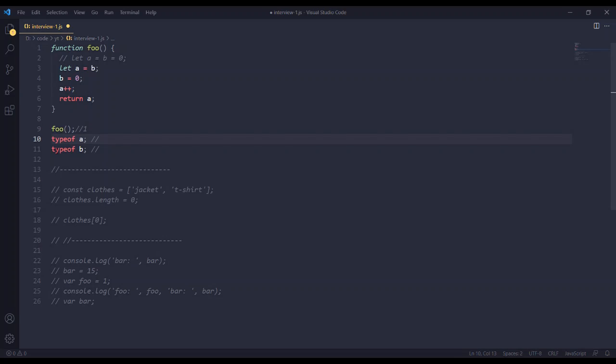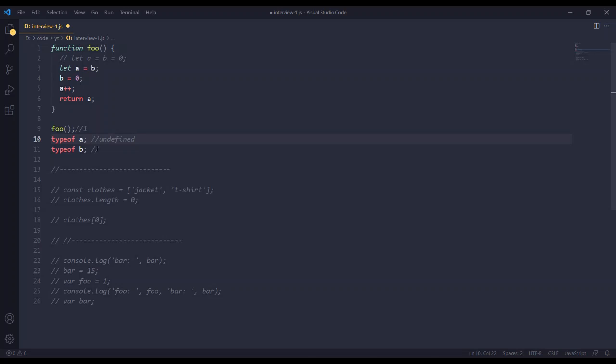And then typeof a: outside of this function, a is undefined basically, because a is accessible only inside the block, since it's declared with the let keyword. So outside it's undefined, and typeof undefined is always undefined.